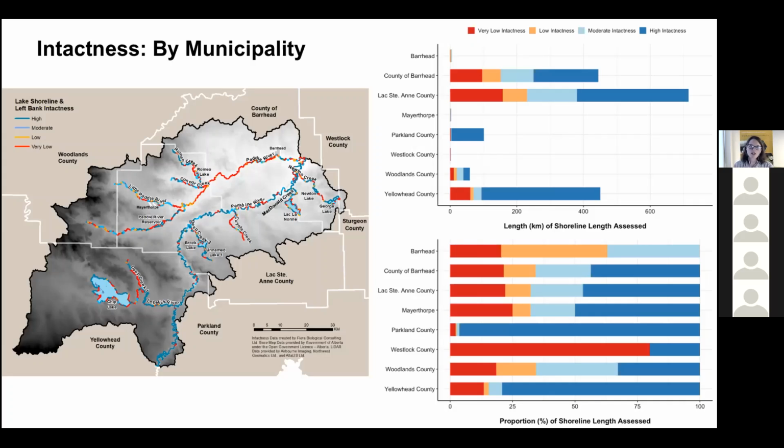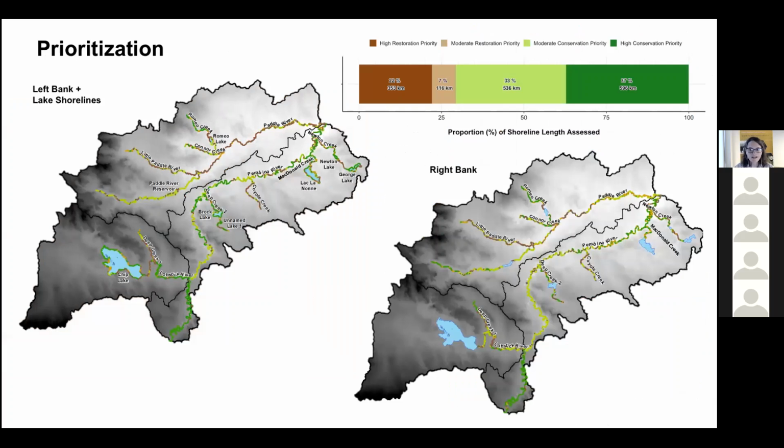So we can then overlay the riparian intactness data with the municipal boundaries, and we can summarize the information by municipality to better understand the overall condition of the riparian areas within each of those municipal jurisdictions that intersect the watershed. And all of this data and all of the summaries that I've shown you for the intactness, all of